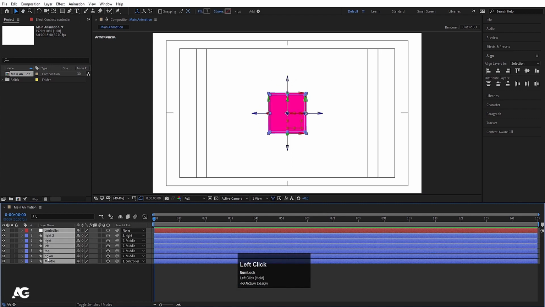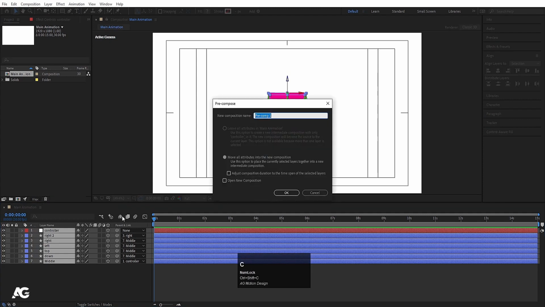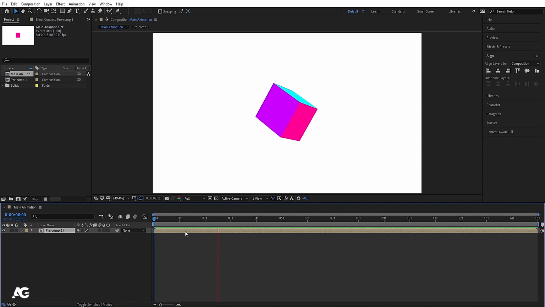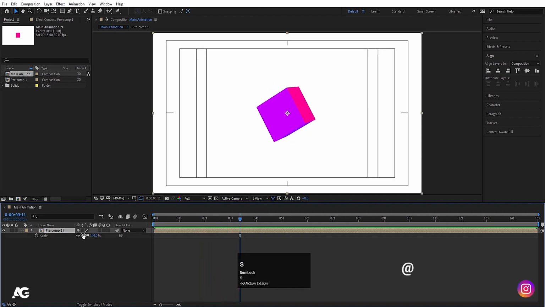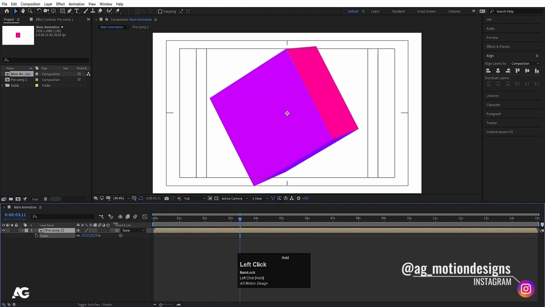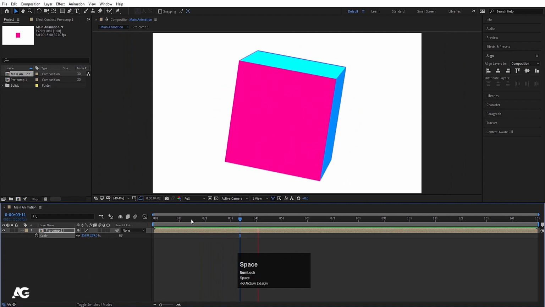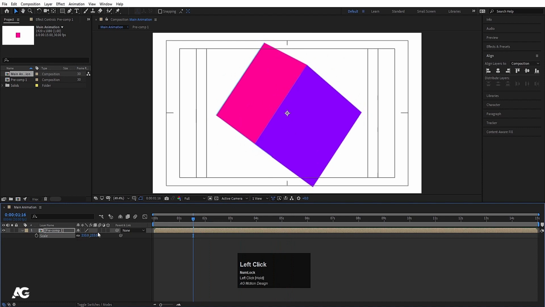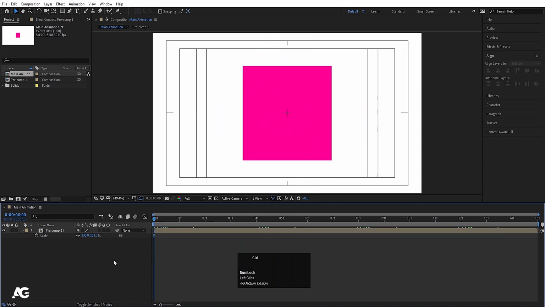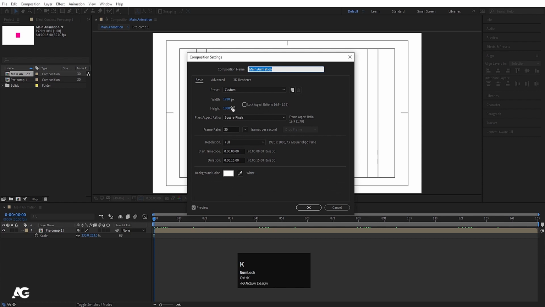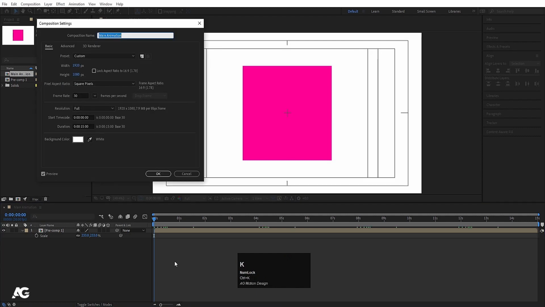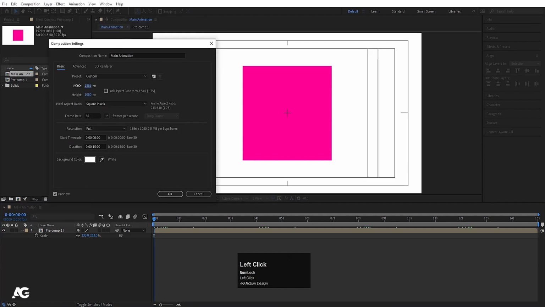Now I'll select all of them and then press Ctrl Shift C to pre-comp it and hit OK. So as you can see, we are getting this cube animation. Press S for the scaling option and scale it like that. I'll scale it down a little bit. Hit Ctrl K to open our composition settings, and we will decrease the height if you want. Let's say the height is 1080, and hit Ctrl K again to open the settings,